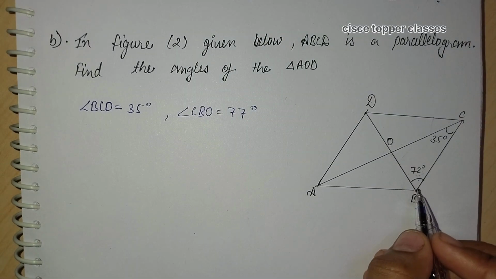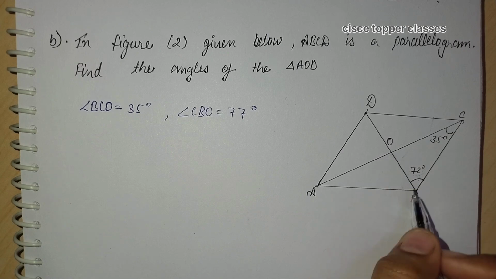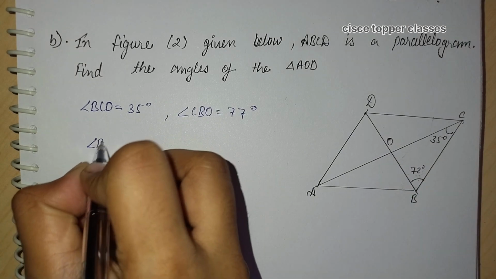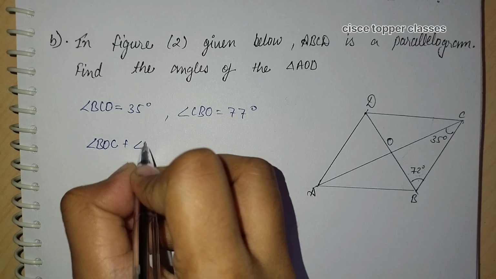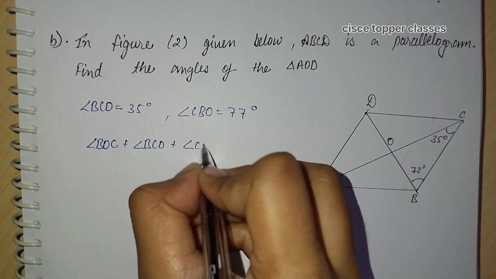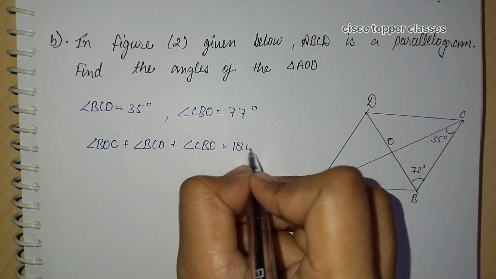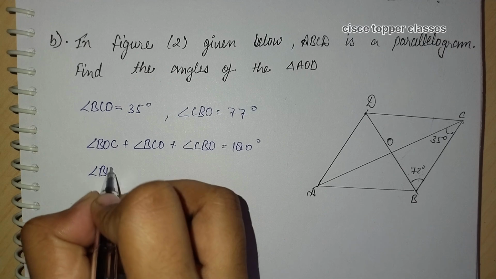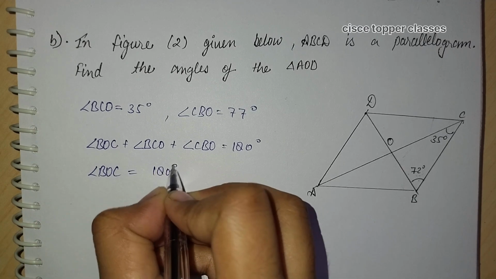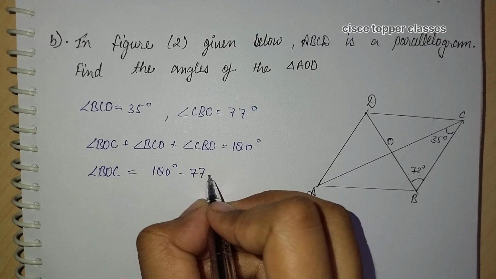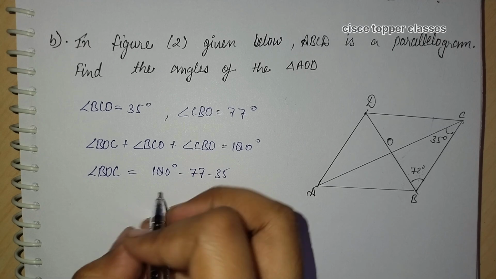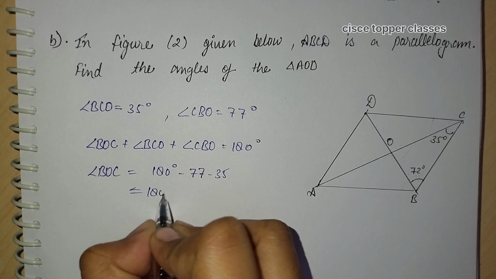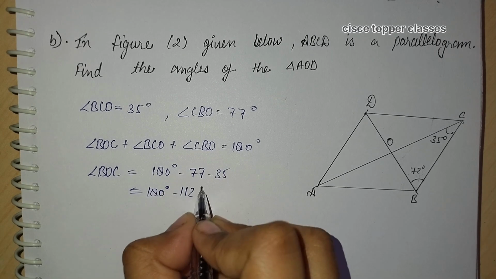From here only we can find the value of angle BOC. So it will be angle BOC plus angle BCO plus angle CBO is equal to 180 degree, as it is a triangle. We can find the value of BOC by subtracting 77 and 35 from 180 degree. So it will be 180 degree minus 112 degree,